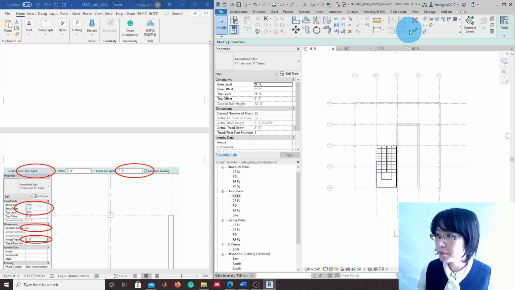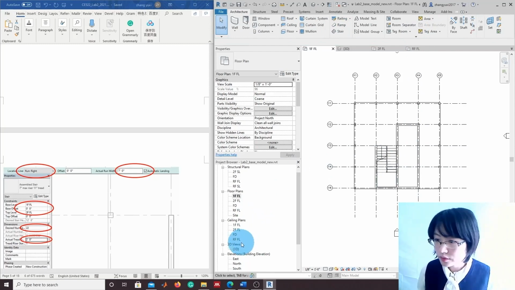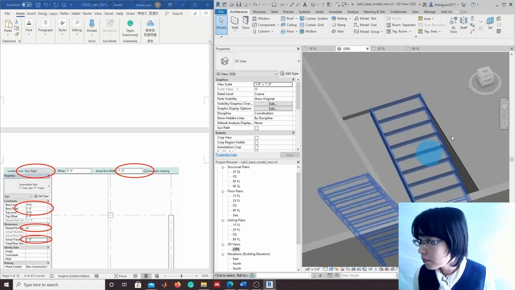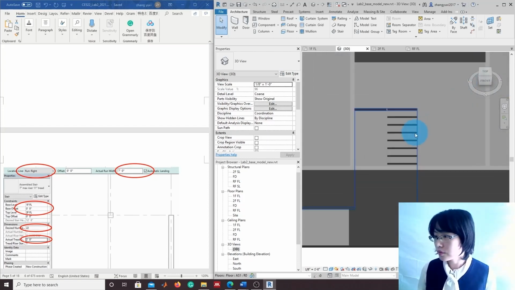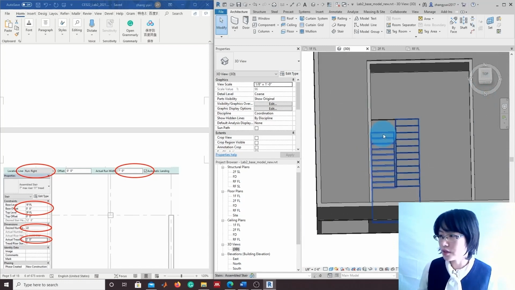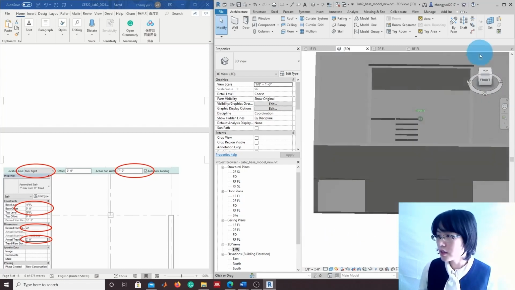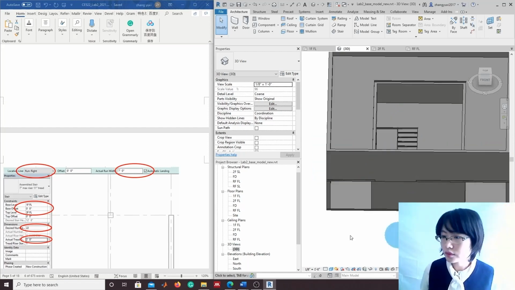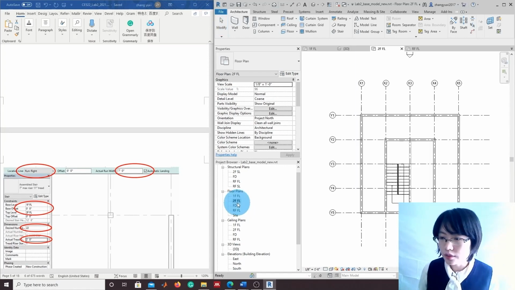Click OK. Also, same as the floors, we click the check mark to confirm our sketch. And then we check our model in 3D view. And now you can see the stairs between the first floor and the second floor. And then we will create a ramp to connect the second floor and the roof floor. So we go back to the second floor plan